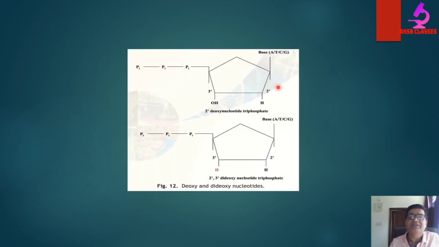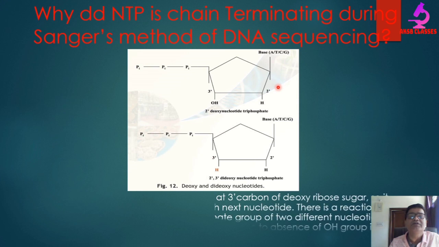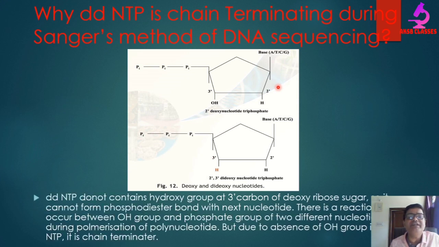Next query, that is why ddNTP is a chain terminator during Sanger's method of DNA sequencing. You know the difference between ddNTP and dNTP. If you observe the 3' carbon of both deoxyribose dNTP and ddNTP, there is absence of a hydroxy group in the case of ddNTP,